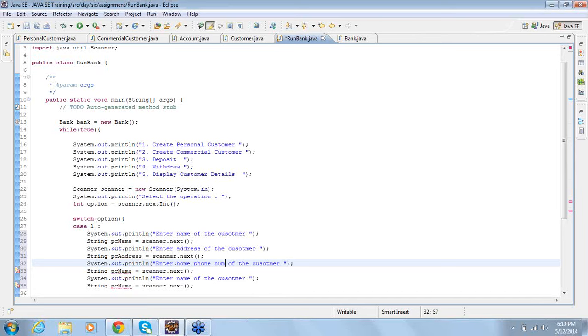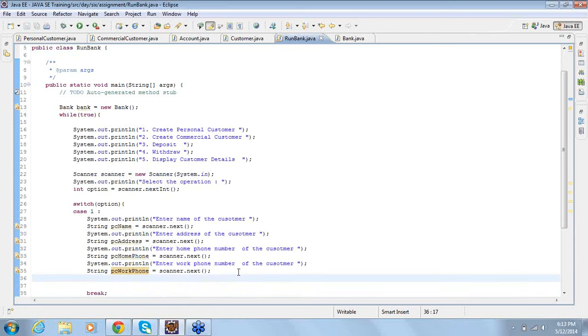Enter home phone number of the customer. Work phone.